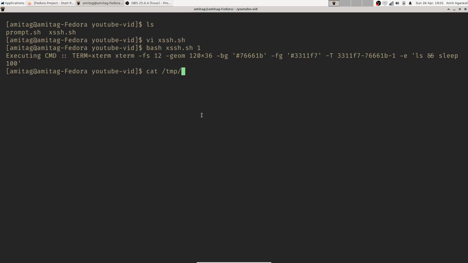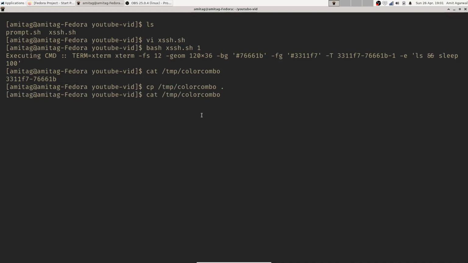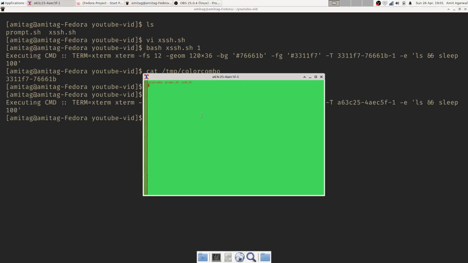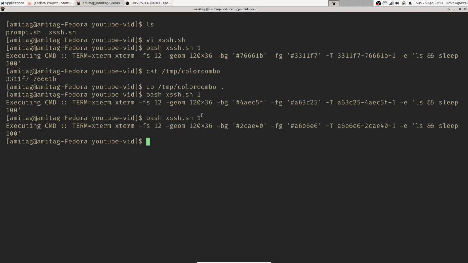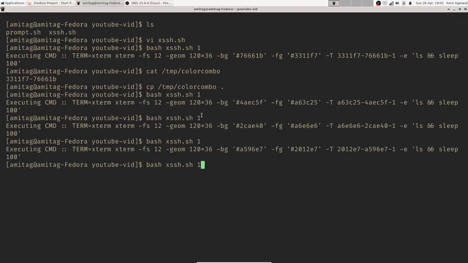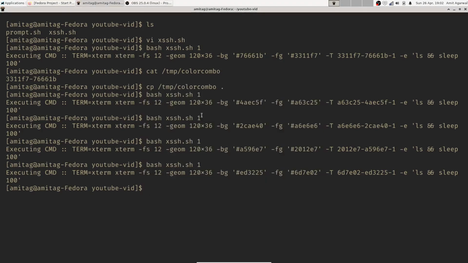But now we can see that temp color combo is there. I will copy this temp color combo to here. I'll tell you in a few seconds why, but let's see. So again, I run the same command. It will run with blue foreground and background color. I can keep doing this again and again, and I keep getting a new color every time I run this